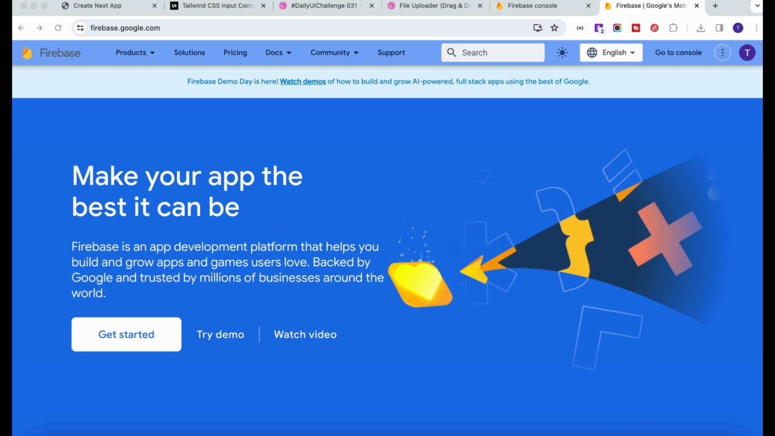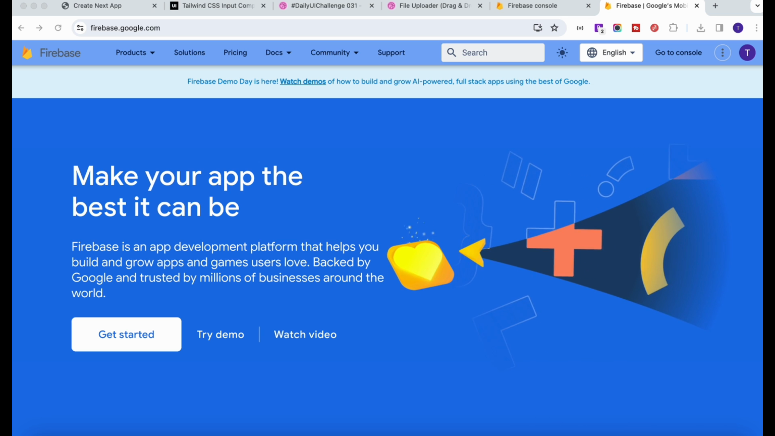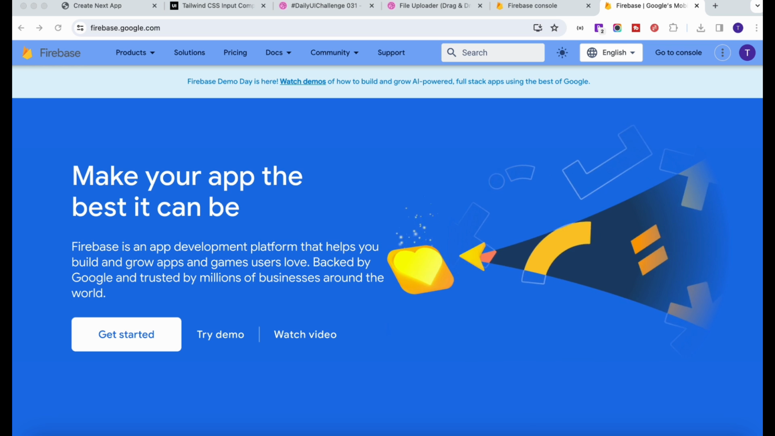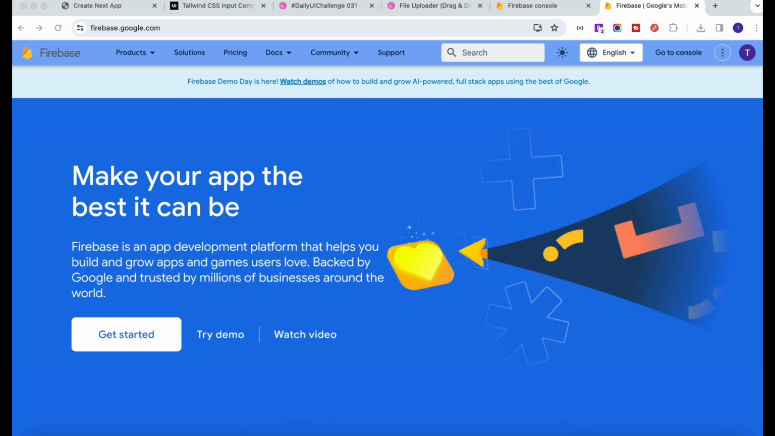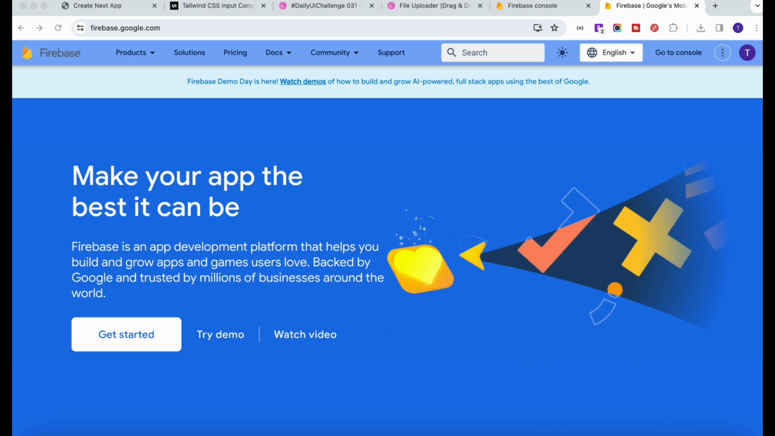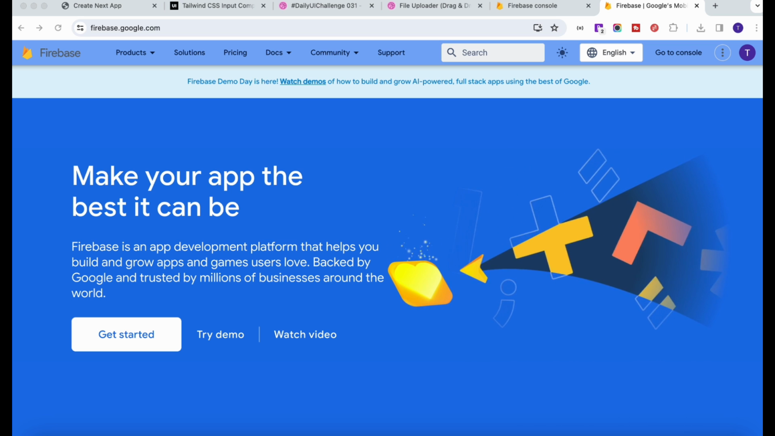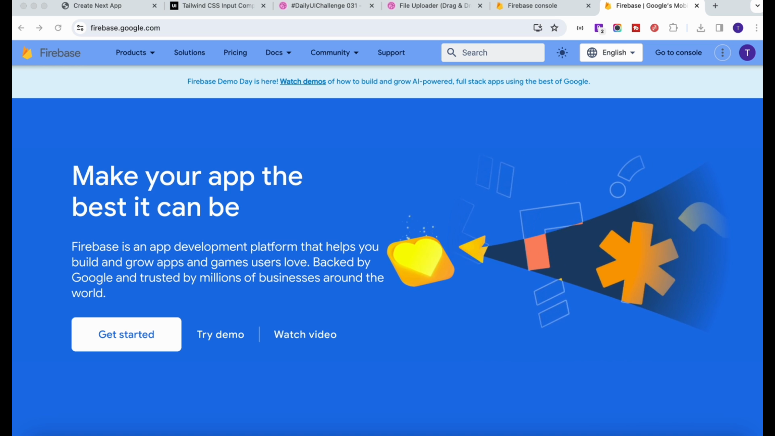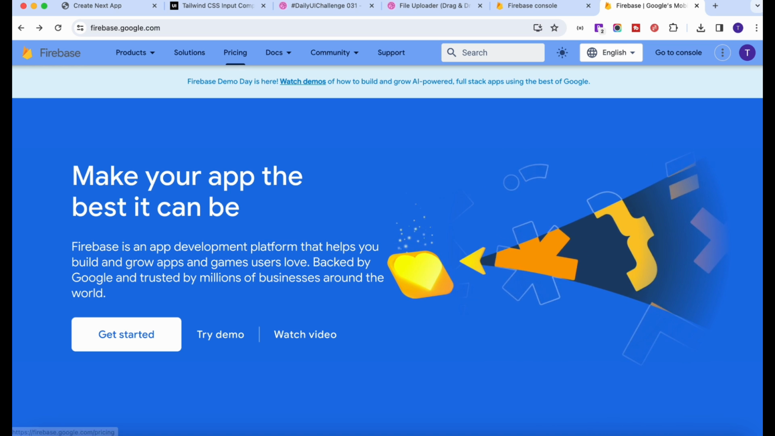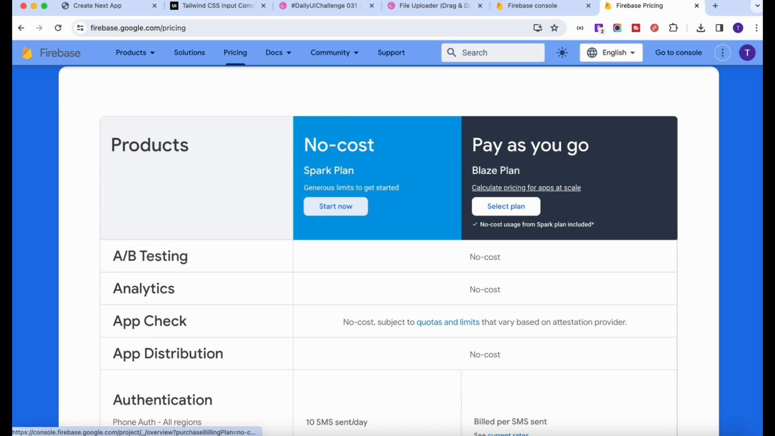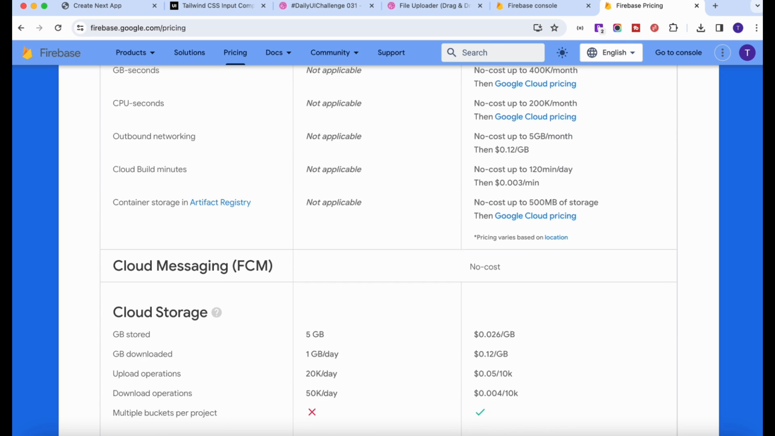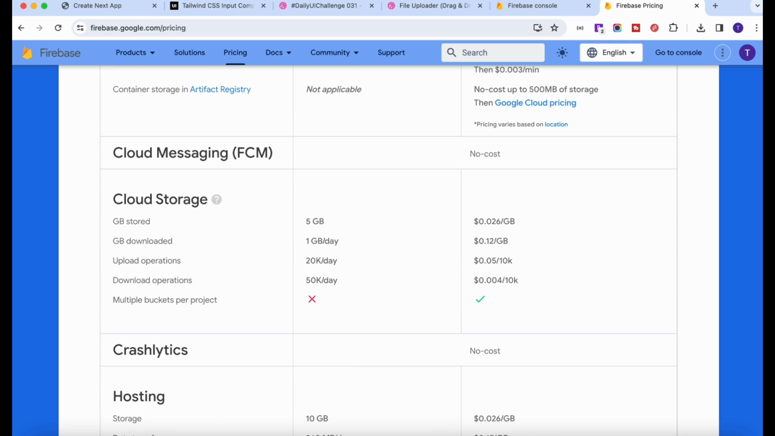So now it's time to integrate Firebase in our React Next.js application. If you go to firebase.google.com, you can log into your Firebase account and then click on go to console. One more thing, Firebase is completely free. When I say completely free, it means it has a free tier at no cost. You can access all of the features with some